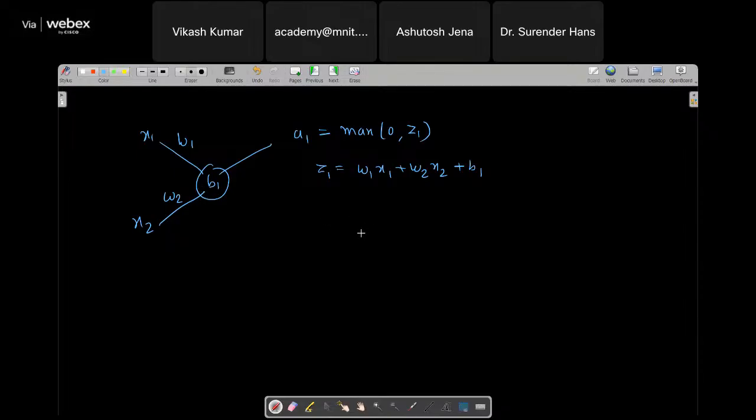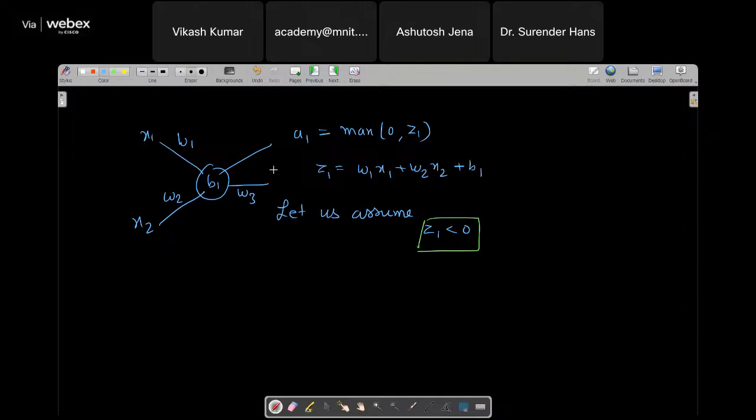Correct? And let's assume this is an assumption: Z1 is less than 0. Clear? So this one is an assumption, Z1 that is less than 0. And here